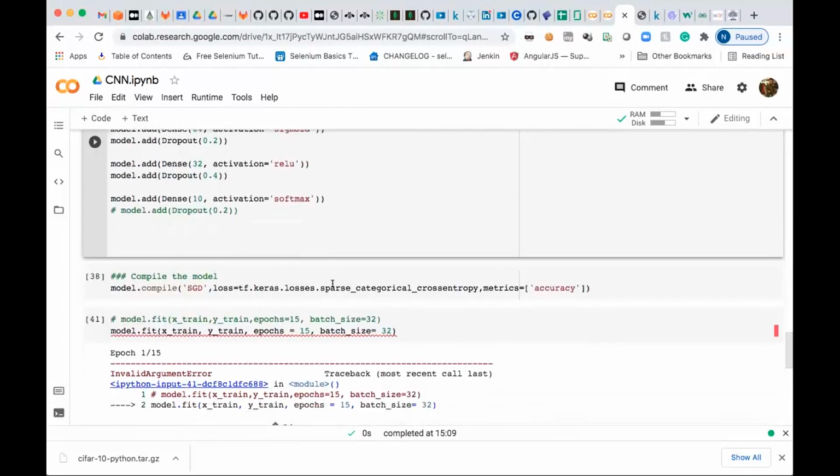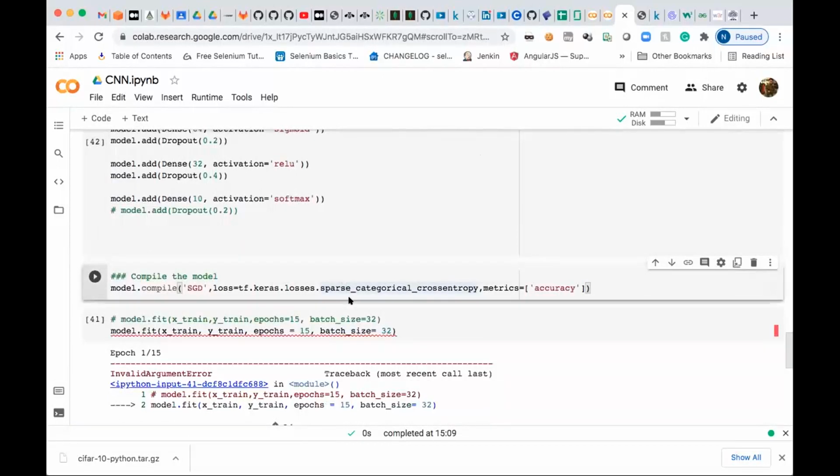Scroll down. Then tf.keras sparse categorical. See, when to use categorical and when to use sparse categorical. You have to use sparse categorical where the output target variable is in the form of 0 to 10, meaning 0, 1, 2, 3, 4, 5, 6, 7, 8, 9, 10. Now you have converted it into to_categorical, right? So it is a form of get_dummies, that is 0 and 1. So you can't use sparse there. You have to use categorical cross-entropy. Just remove the sparse.